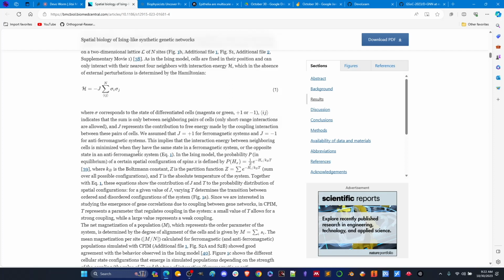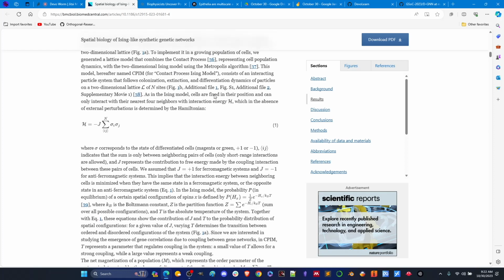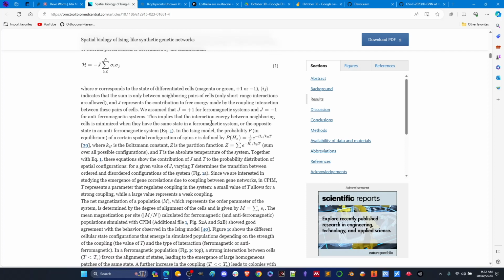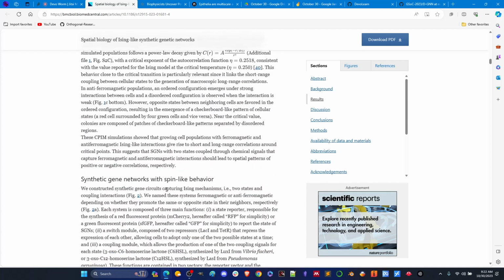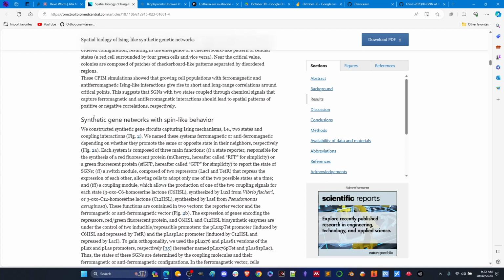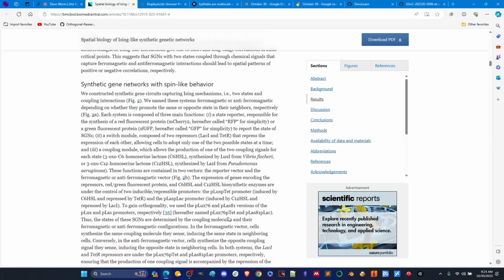So they have these two states, the two different colors. I can't remember the colors they're using now, magenta and green, I think. And then they're using that as the ferromagnetic and antiferromagnetic, just to polarize the two. So when you flip it to the other state, they're different colors. If they're in the same state, they're the same color. And then they kind of go through the physics here. Then they talk about the synthetic gene networks of spin-like behavior. So the spin comes from this